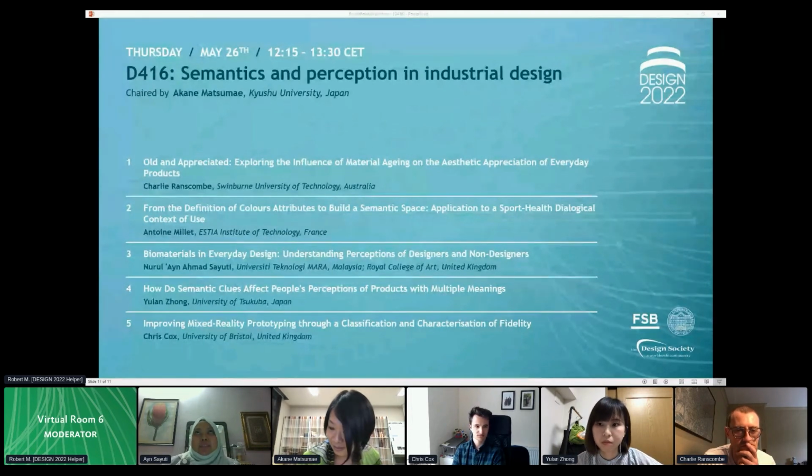Actually, this project is part of a larger project, so we are not just looking into perception, but we're also looking into emotional responses, and we also develop conceptual models that classify these materials and the products, everyday products, into a few categories. For example, we have function and practicality. We also have aesthetic and semantics, and finally we have products under experience and emotion.